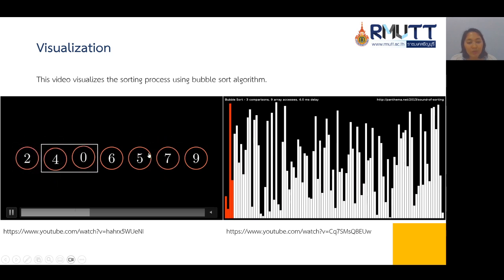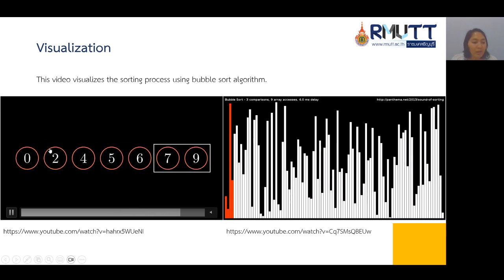Swap with the next element, and for the next iteration check again, and if it is not in order, swap again until the iteration is done.